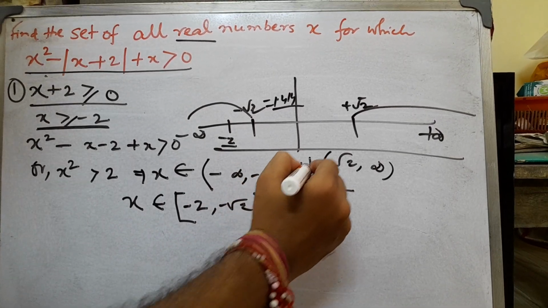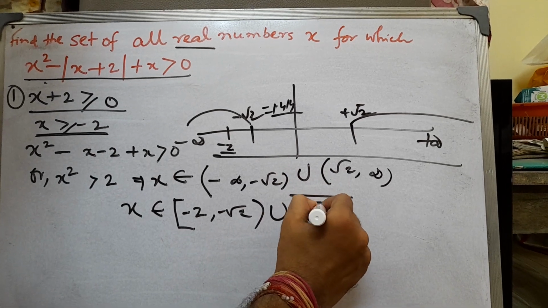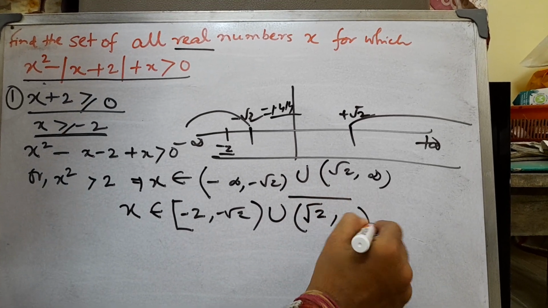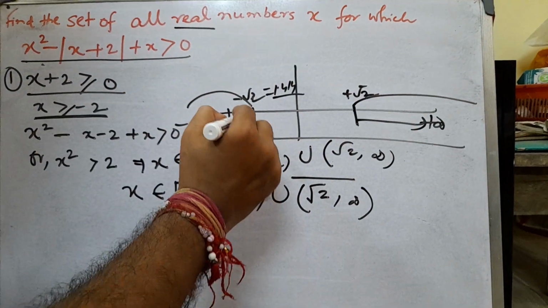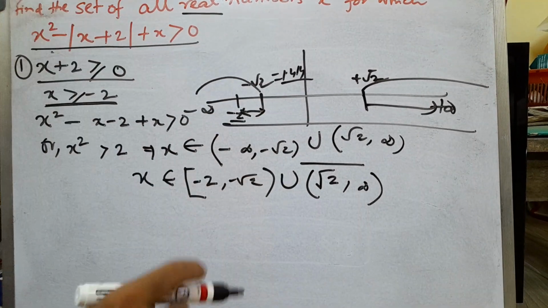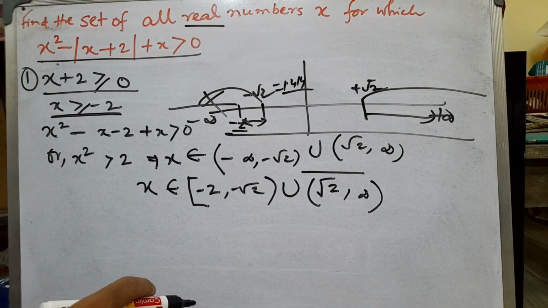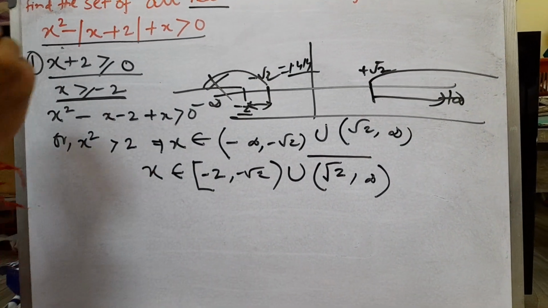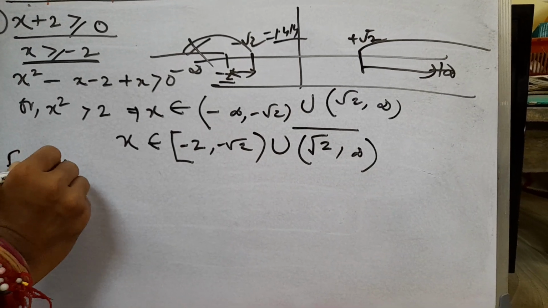union the open interval root 2 to infinity. This means that is the range, and minus 2 to root 2 is not in the range. Okay, so let's forget about that part, it is closed. And then for x less than minus 2,